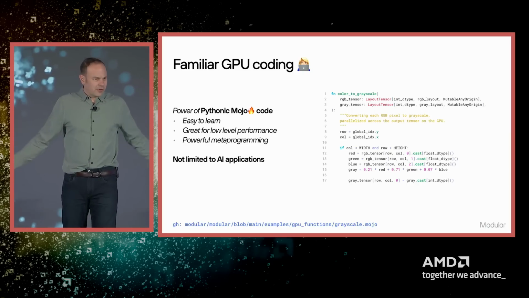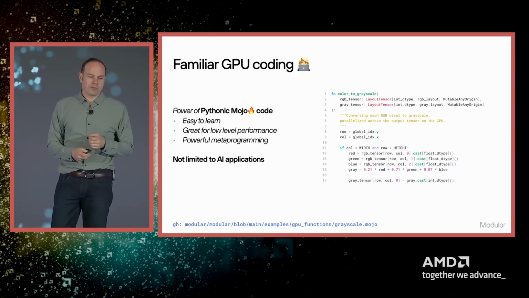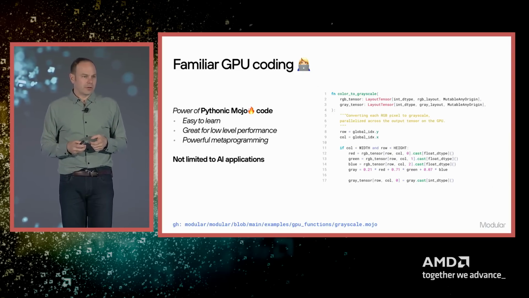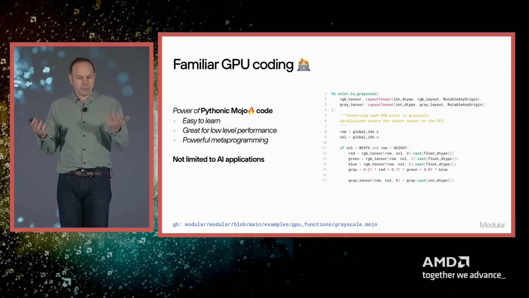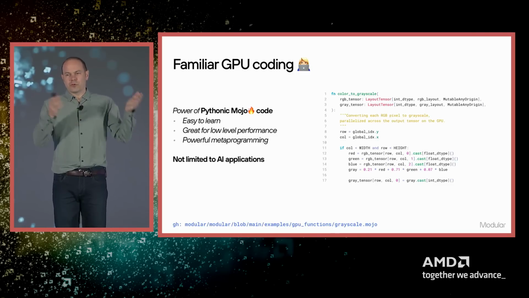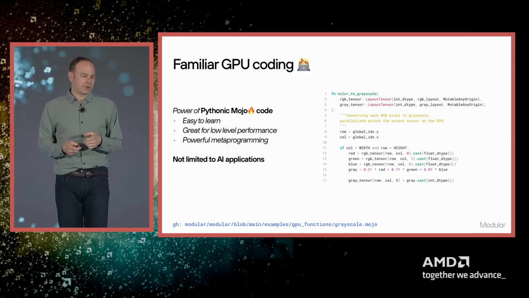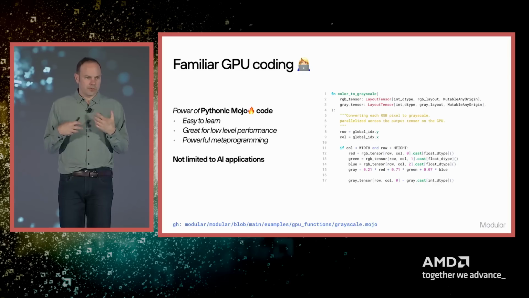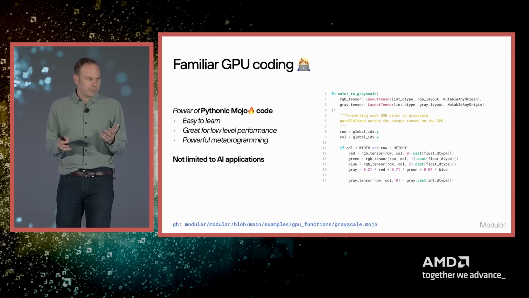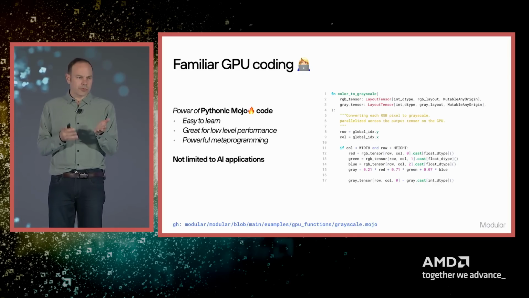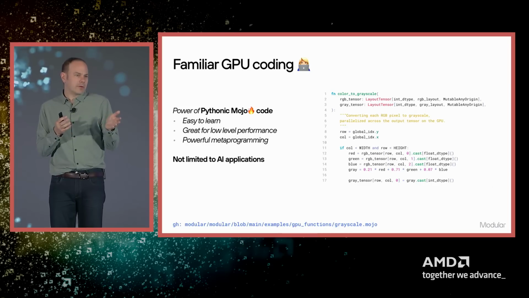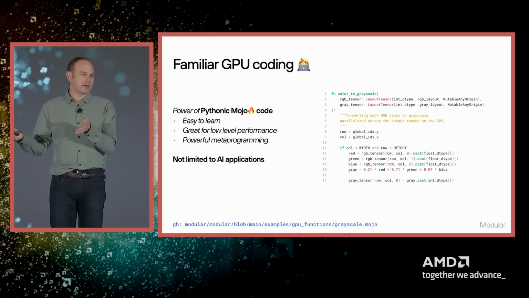Now, we're here to talk about GPUs, right? This is an AI event, of course, and AI is all about GPUs. And so you can use Mojo to program GPUs from multiple vendors, including AMD. Very excited about that. We bring the familiar GPU programming model to bear. And so if you're used to thread indexes and things like this, you'll feel perfectly at home. And if you're used to writing ROCm kernels or CUDA kernels, then what you'll initially feel is Mojo is just, it feels like C++, but it's in a Python syntax.